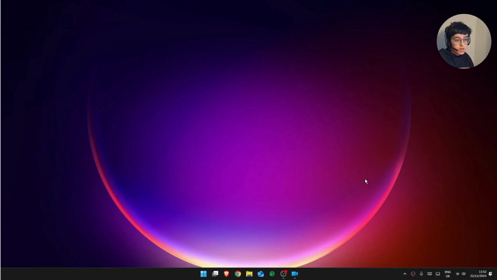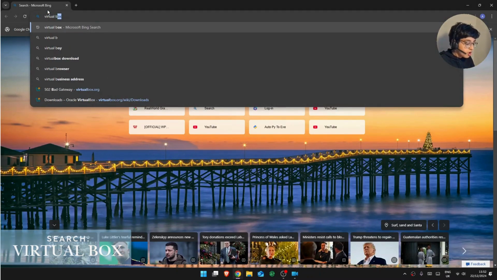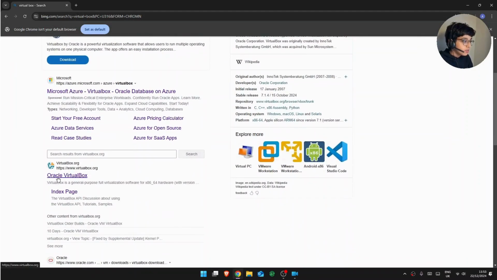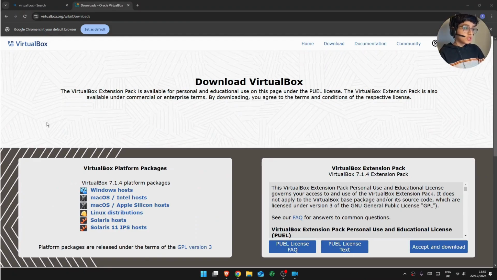virtual machine. So on your desktop, what you want to do is navigate to your browser of choice and open it. Search VirtualBox and select the option that takes you to virtualbox.org. Select download. So once you get to the download VirtualBox page, select your operating system and then it should start